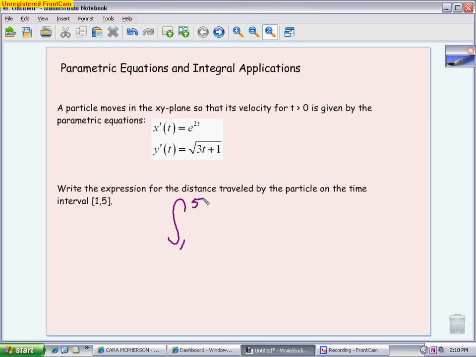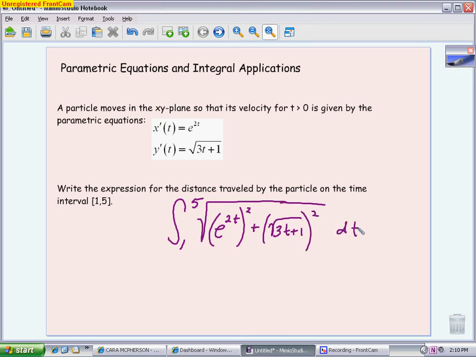from 1 to 5, of the square root of (dx/dt) squared, so e to the 2t being squared, and (dy/dt) squared, so the square root of 3t plus 1 squared. A lot of times you will see this squared out. I found this question as a multiple choice question, so they did go a little further to get the answer to look right, but not a lot. You're going to write it as the square root of e to the 4t when you multiply powers, and when you do this, the square root and the square cancel, 3t plus 1, and that's what you're looking for